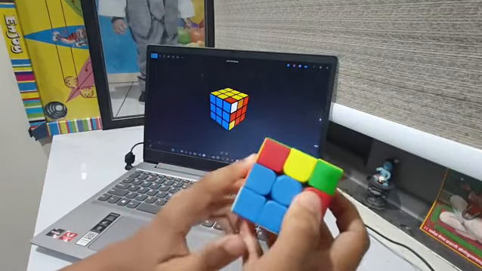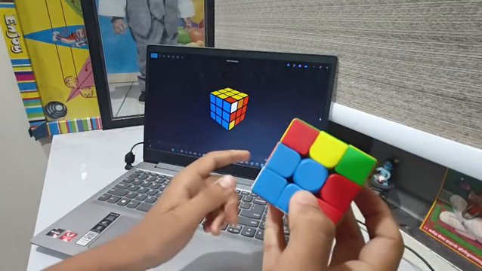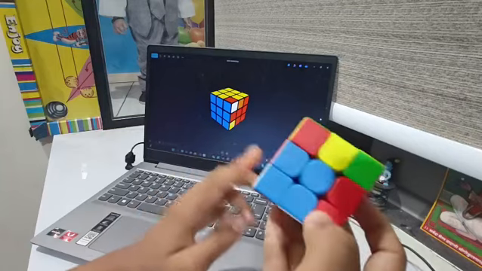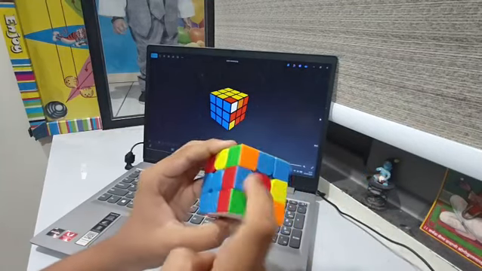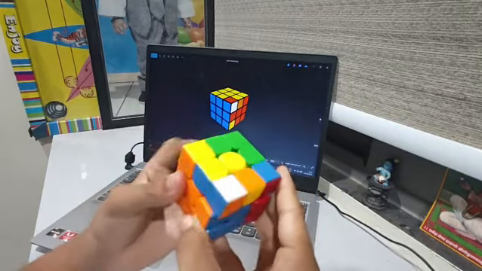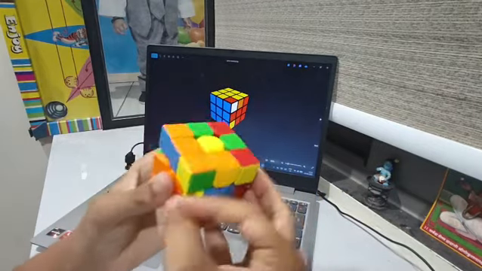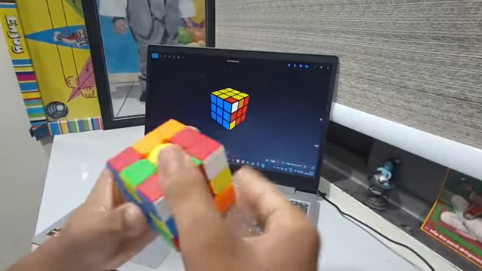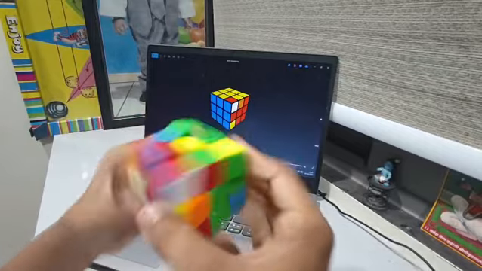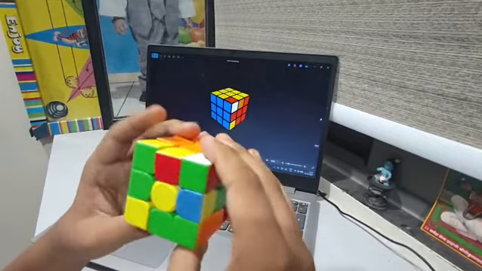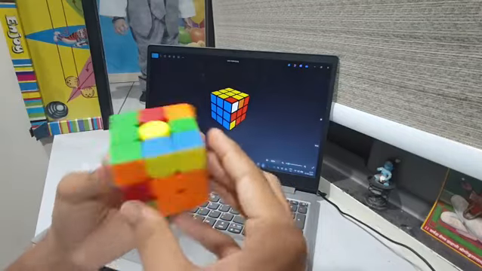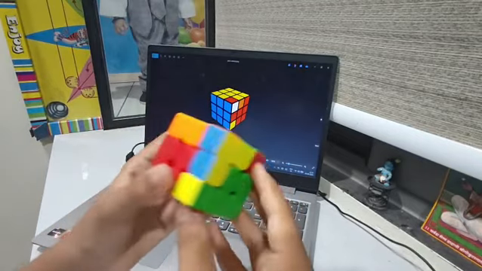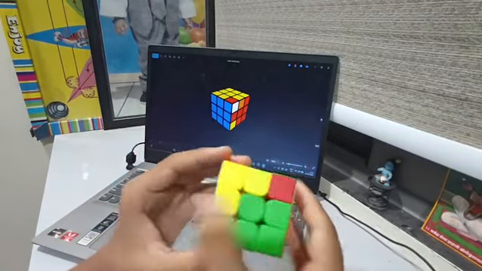Now the second step is 3 F2L. What is 3 F2L? 3 means 3 pairs, and F2L is the regular F2L. So you have to solve 3 F2L pairs, sparing the last one. So let's start. I'm solving 3 F2L pairs. Not very good at this, but I will show you how. So I have solved the 3 F2L step.